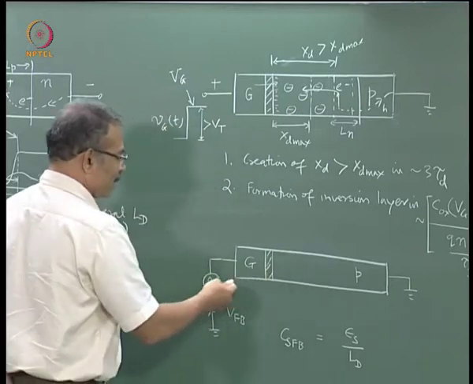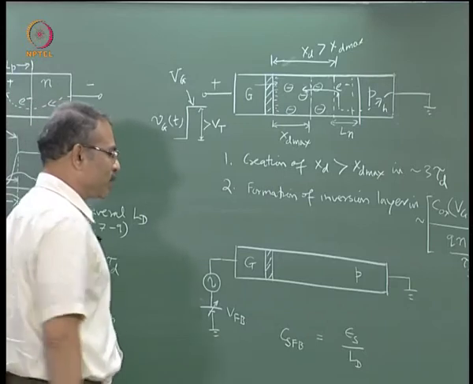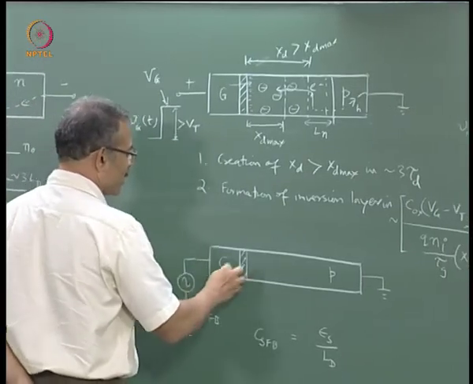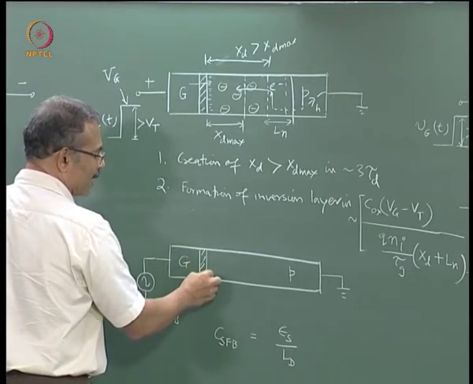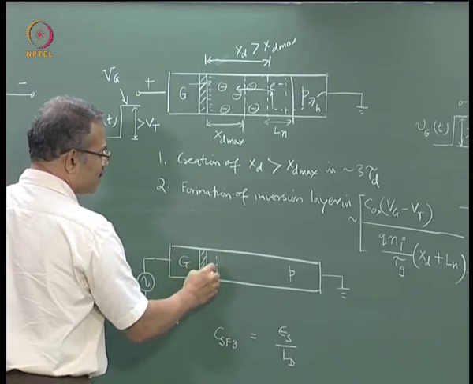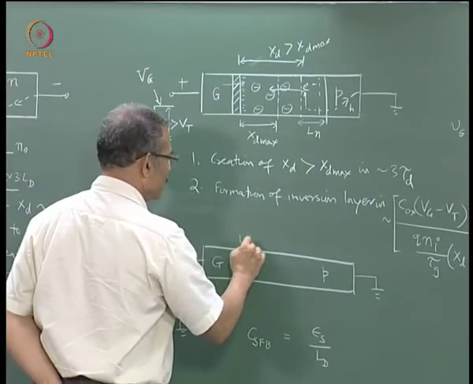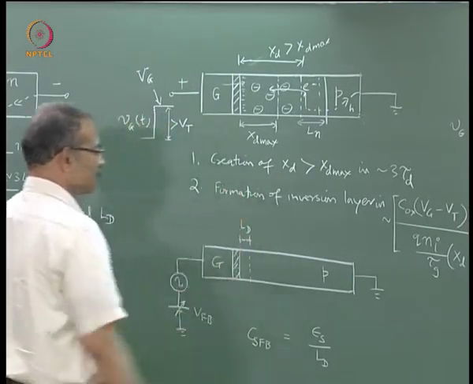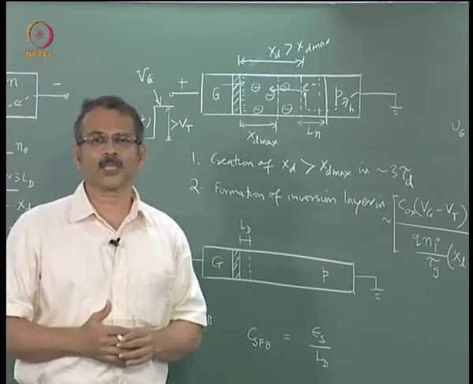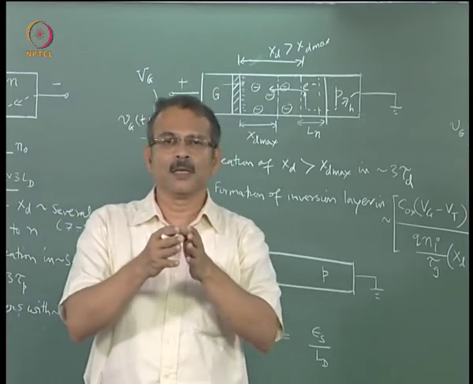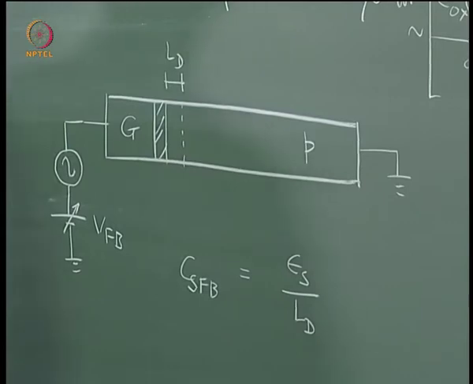Now when you want to find out the capacitance, it is a response to a small signal voltage, that is why the small signal voltage has been shown here. So in response to this voltage, a modulating space charge layer will be created. Now what would be the extent of the space charge region here? That extent would be about a Debye length, because we know from our discussion of Debye length that the space charge regions exist within about 3 times the Debye length.